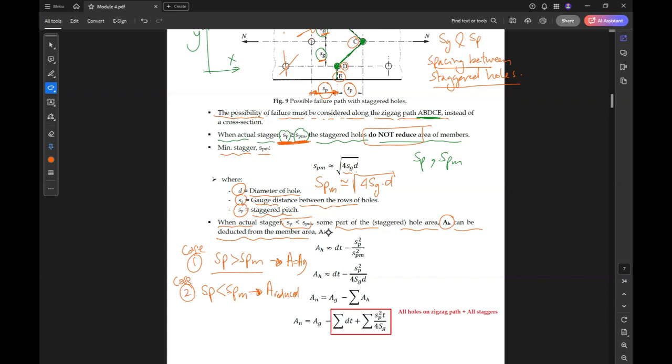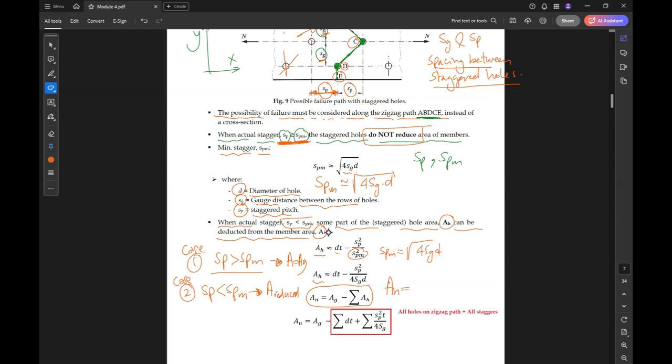So we will have area H equal to dt minus SB squared over SBM squared, or if we replace SBM with root for SGD, so we have area H equal to D times T minus SB squared over 4SGD. So finally, area N